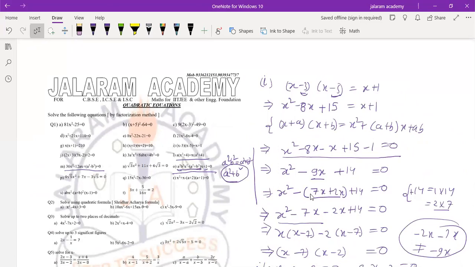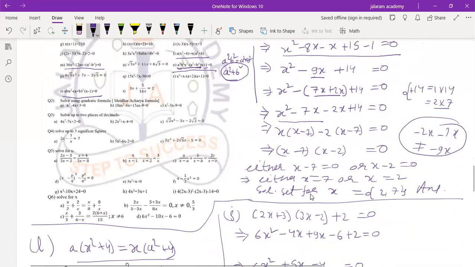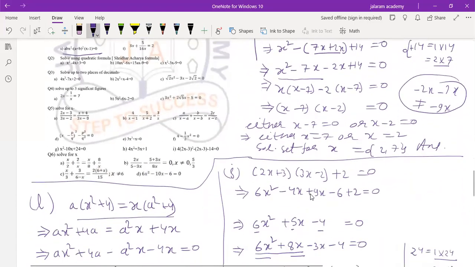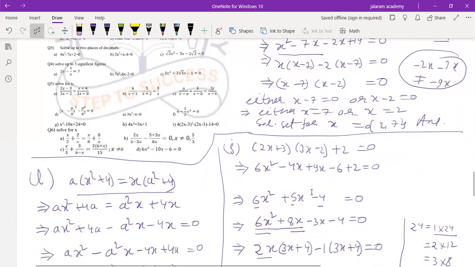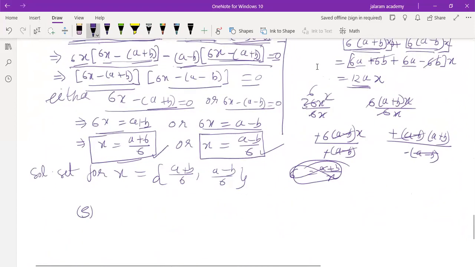Yes, sir. Next is after O, S. Question number S. So first separate it and write the terms in decreasing powers of x. It is ab x square plus a plus b whole square into x minus a plus b whole square. Okay. Then think about this like I have done in this question. Okay. Is that clear to you?